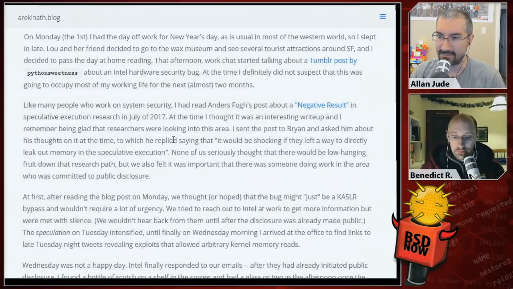I'm going to cut little bits and pieces mostly to make it go faster. But I recommend the version on the blog because it actually tells it as a nice story. Adds some personal flavor and so on. It's good. So it starts on Monday, January 1st. Because as it turns out, on New Year's, people have the day off, I think. Yeah, typically. So he says, on Monday, which is January 1st, I had the day off for New Year's